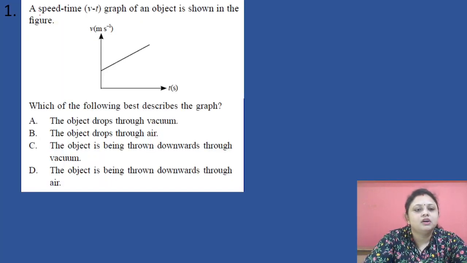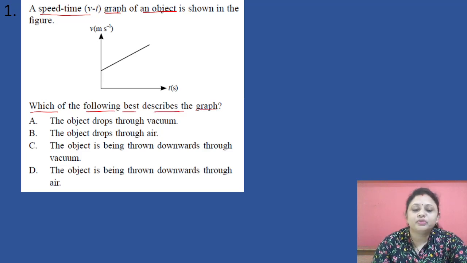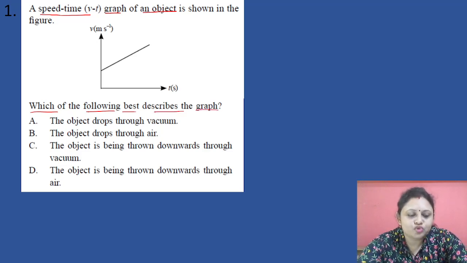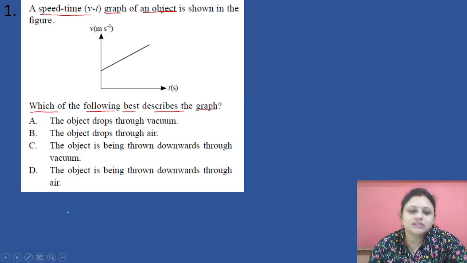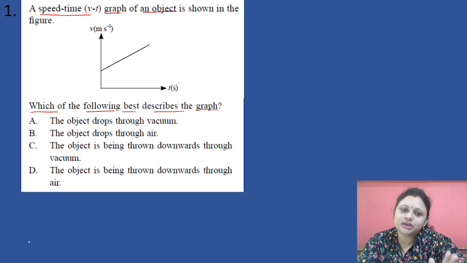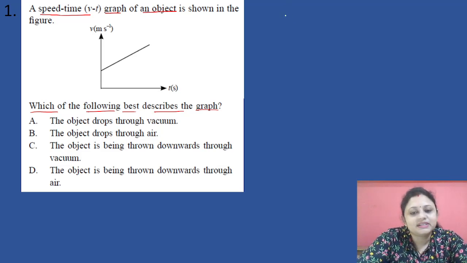Our first question: a speed time graph of an object is shown in the figure. Which of the following best describes the graph? Options are A, the object drops through vacuum; B, the object drops through air; C, the object is being thrown downwards through vacuum; D, the object is being thrown downwards through air. Okay, so here the graph is plotted between speed and time. So let us assume that the object is dropped. Okay, so when an object is dropped, the initial